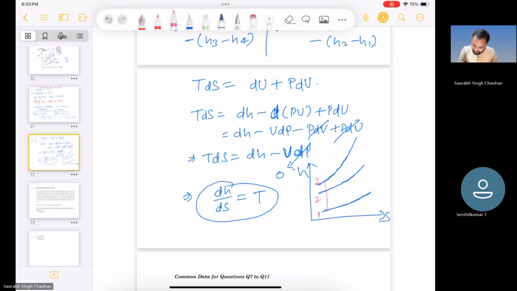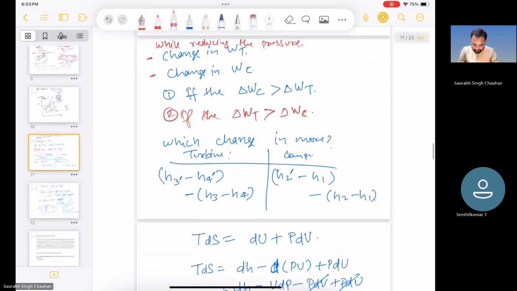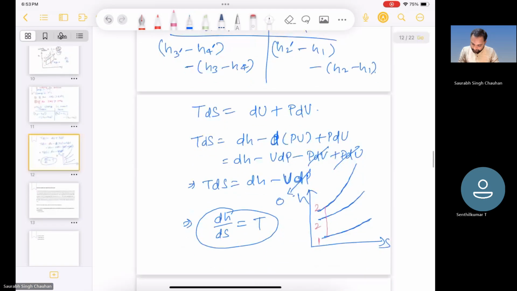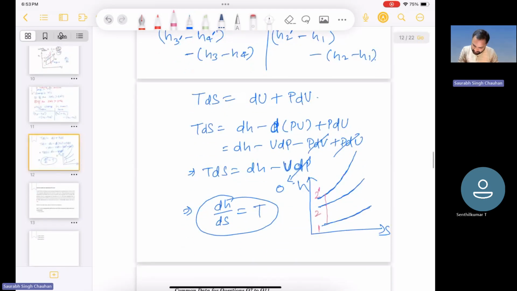Then 2 dash. Okay. Then 3 dash 2. 4 dash. And then another case it was